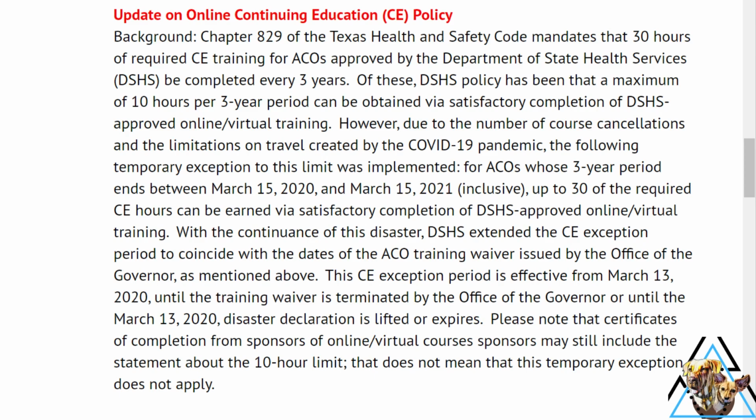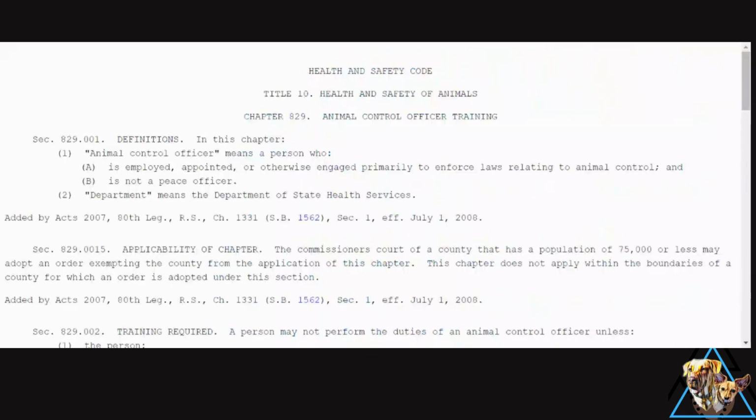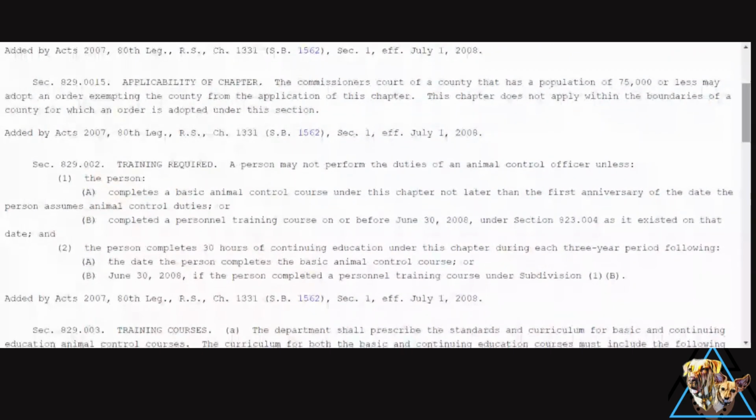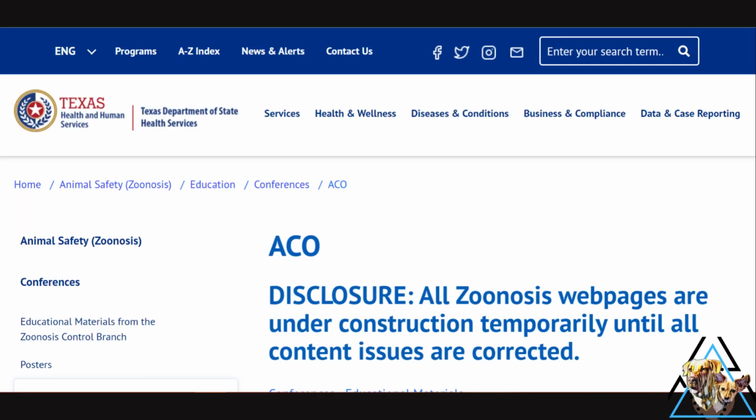That is something that the local agency has to keep on file. So when you get your certificates, you want to make sure that wherever you're working, the facility has that on file somewhere. I believe counties of more than a population of 75,000 or more. So a county of less than that, the animal control officers are not required certifications in the state of Texas. It's got a lot of really, really important information on this website, but that's just your basic overview.